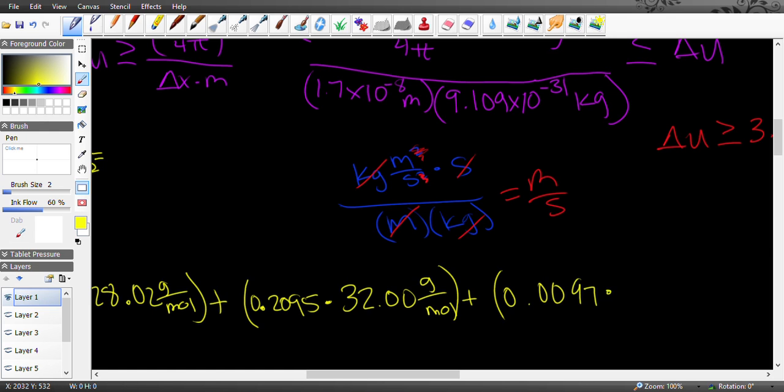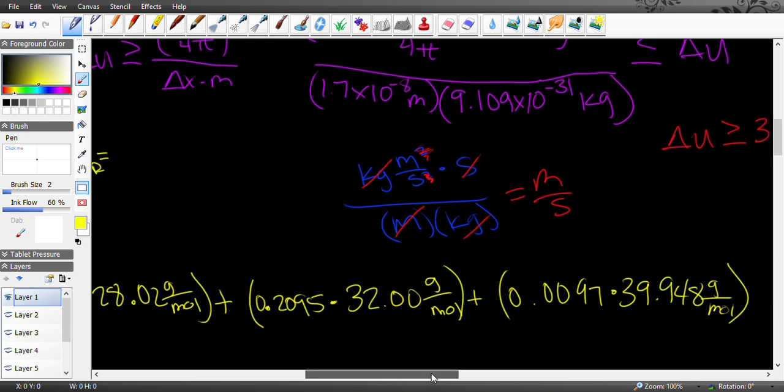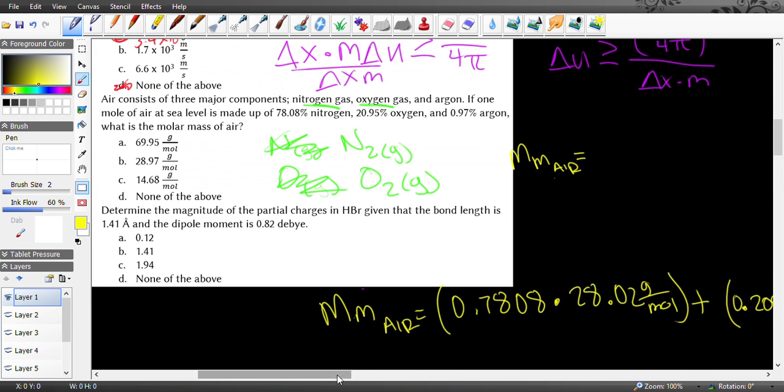0.0097 times, bear with me for 1 second, 39.948 grams per mole. When you do the math and add it up, you should get B,